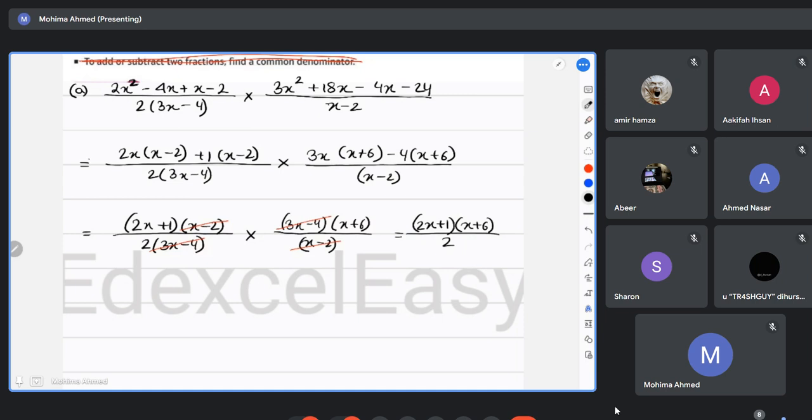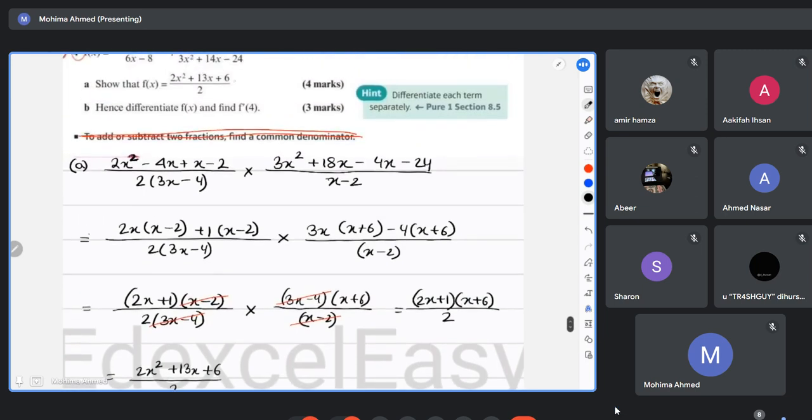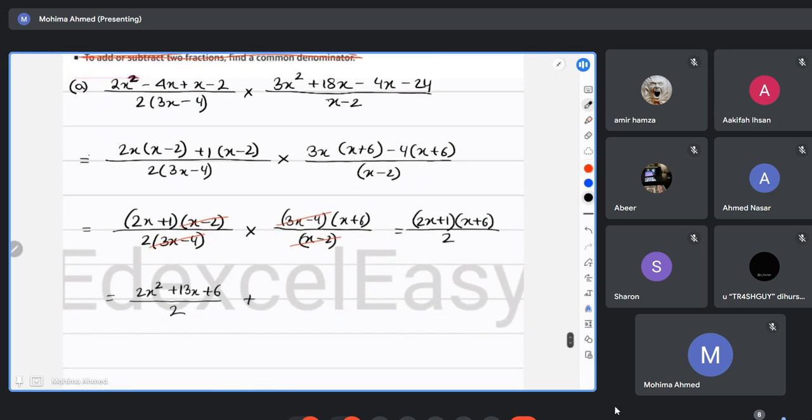Nothing else is there. And obviously in the numerator, you have to simplify that. So it will be what? 2x squared, 12x plus x is going to be 13x plus 6, divided by 2. I think this is the format they were asking you, right? Yeah, 2x squared, 13x plus 6 divided by 2. For shown type of maths, where you have to prove the final answer, always write a star mark for that. Okay? That you have completely proved that entire question and this is your final answer.